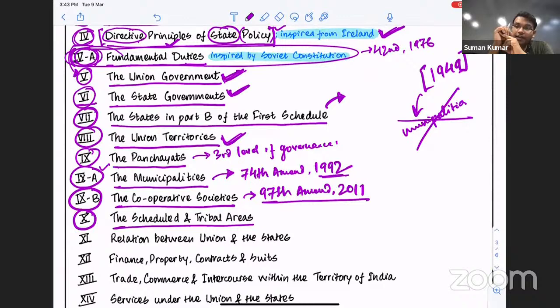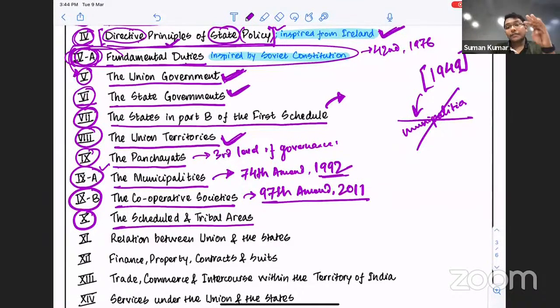For someone who's living in India, what are the rights that you can give? That is fundamental rights. After giving rights to those people, to ensure that the government also has some sort of guideline, that is part 4, the directive principles of state policy. Having established the duties of the government, you need to say what is the government, that is part 5, which is the union government. You need a second level of governance mechanism, which is part 6, the state